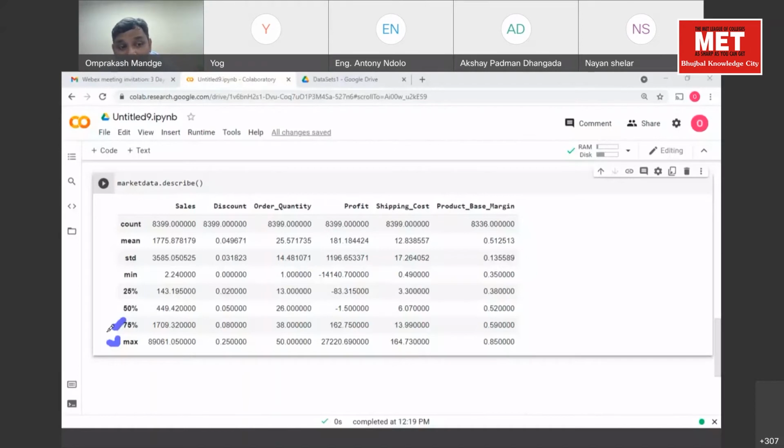What is the minimum value of sales? 2.24.